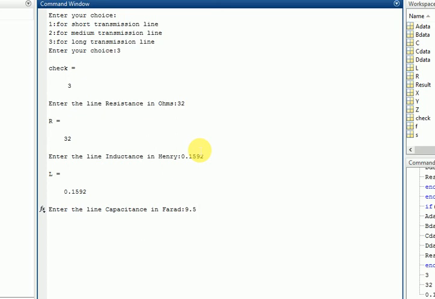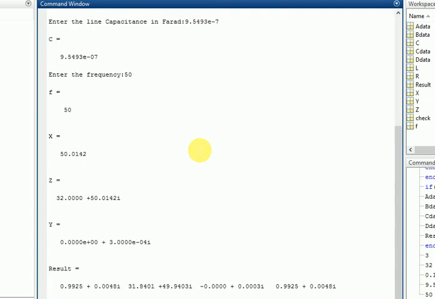You can take any value. I am taking random values over here. 5493 e raised to -7. So over here it is what I have taken. So all the values of R, L, and C are acknowledged by the program. Now I am entering the frequency, that is 50 Hz. So this is the result which is shown, X, Y, Z. So X, Y, Z of this long transmission system is